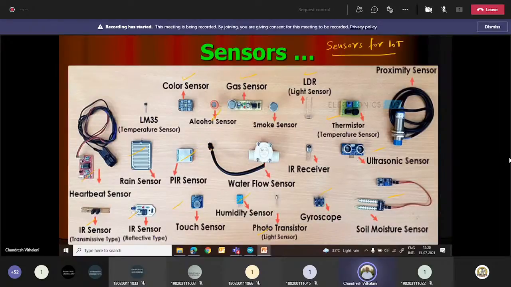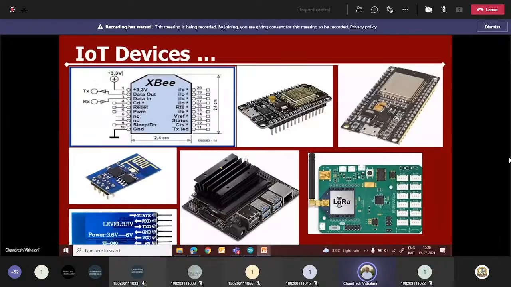So many sensors are available. Try to use one or two of these sensors in your micro project. A water flow sensor is there, right? First of all, prepare a report and then, out of all these sensors, use one or two in your micro project. Then we will be discussing.